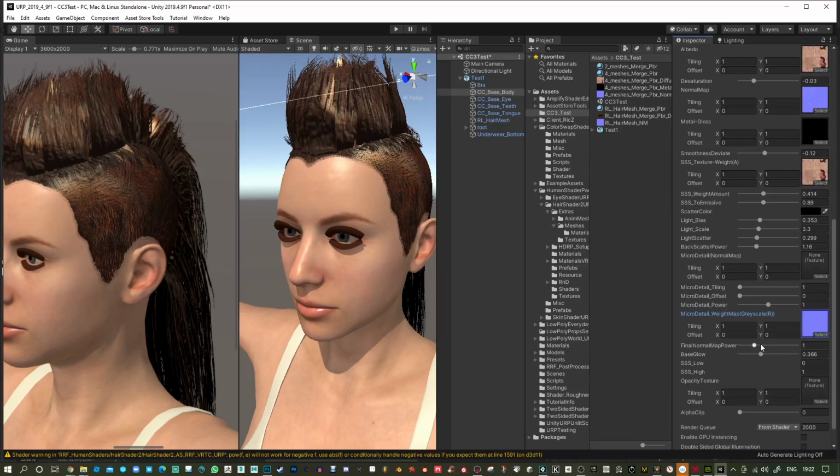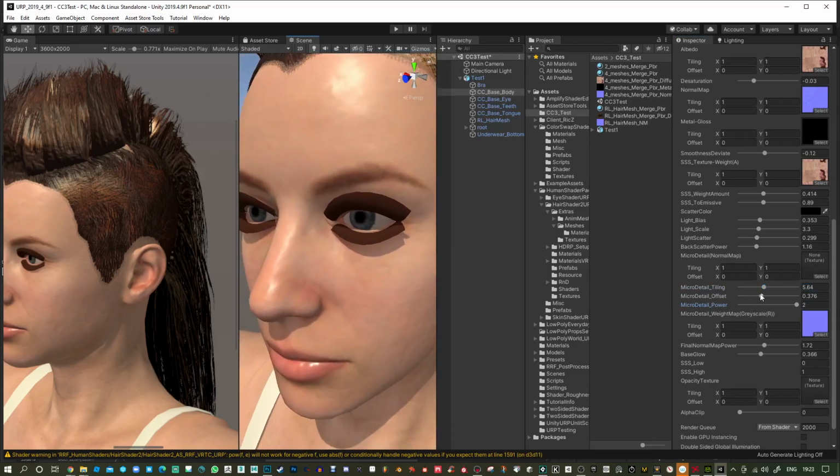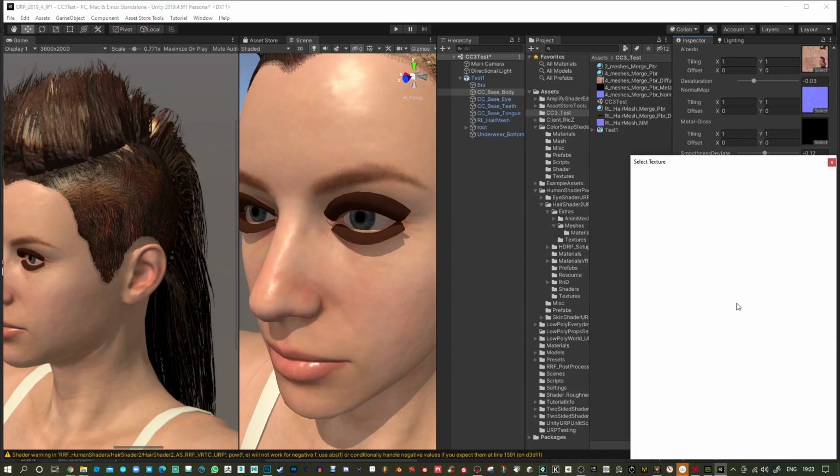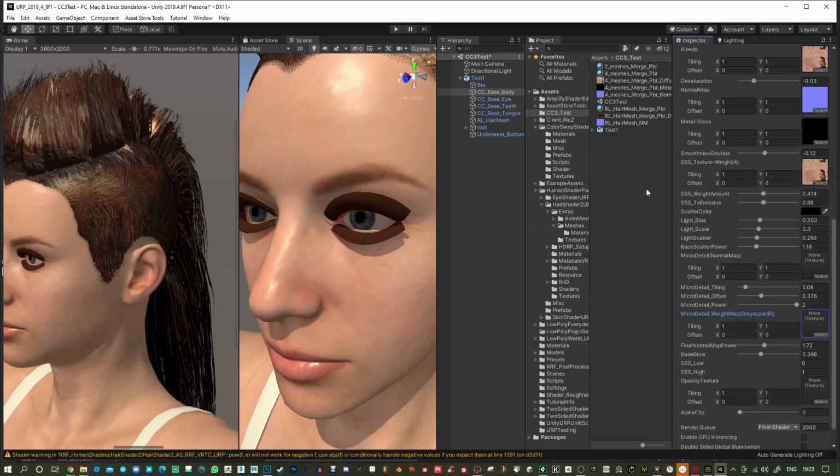Doesn't matter which one. We can add a bit more normal map, detail maps, tiling and offset. You can barely see it. It is there, it's just really hard to see. Oh, I put it in the wrong place. That is off, so switch that to none and go here,